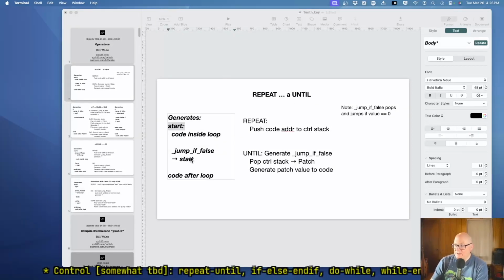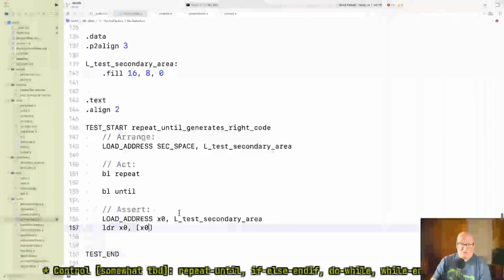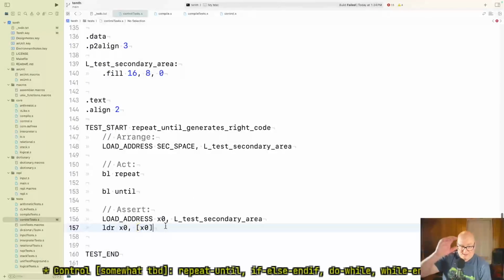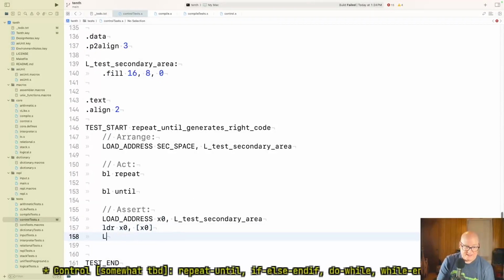Yeah, so zero being false. So if it's false, it's going to go back to the top and keep going. But in our case, the start instruction is going to be the jump if false because we don't really have any body. This will be an infinite loop if you ran it, but we're just checking that the code comes out right. Okay, so the contents of this, now I think I could say load address x1 is,